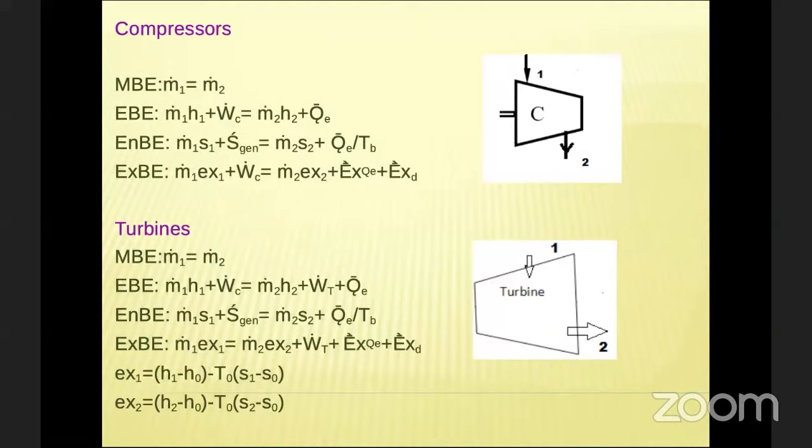Next, if any fluid is moving through the compressor, you imagine the refrigerator or any other device, it will move with some initial energy, that is ṁ1h1, ṁ1 h1, that is the initial energy. Plus, to run the compressor, we have to give the power. So plus Ẇc, work input power. This is equal to what? ṁ2 h2 plus